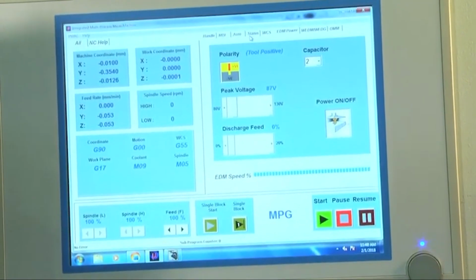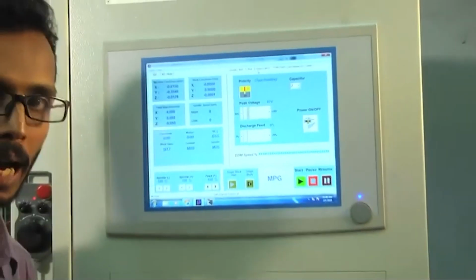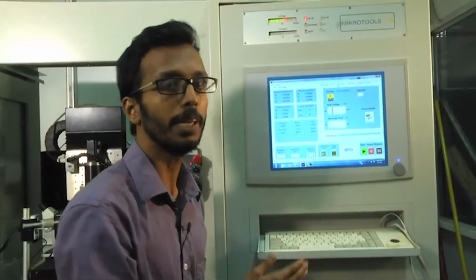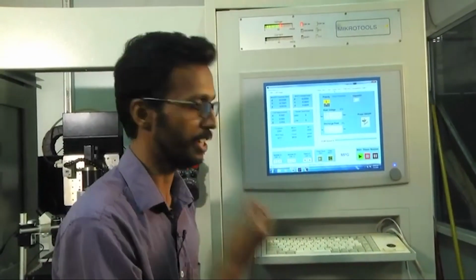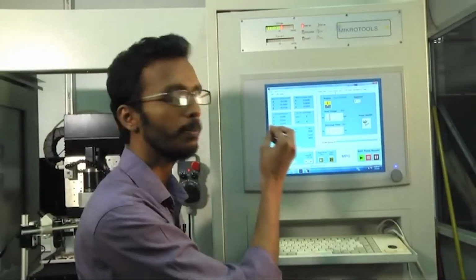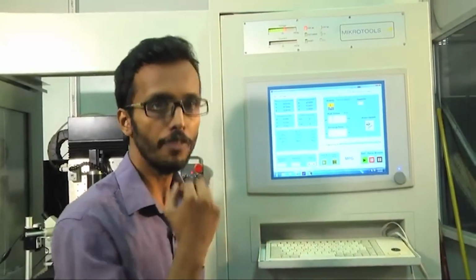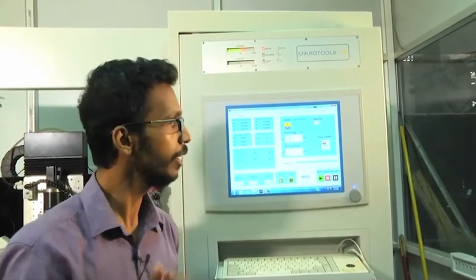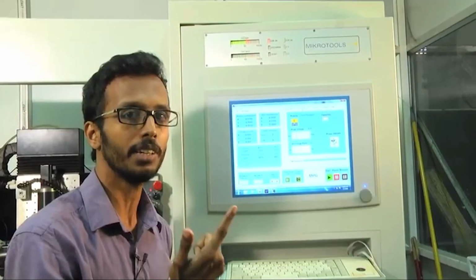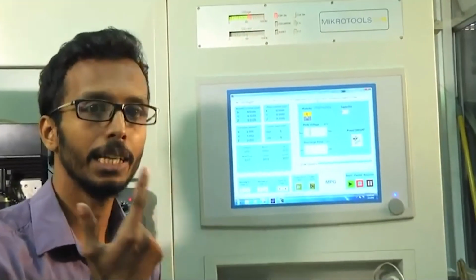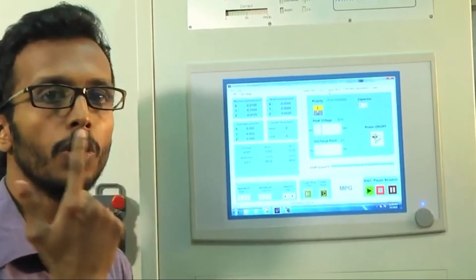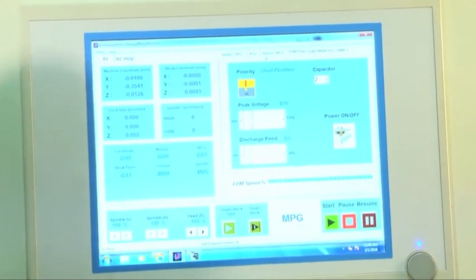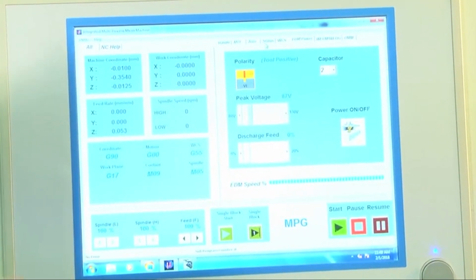So the first step will be finding out the optimum parameters for machining, and we are setting the machining parameters here in this window. After that, as you remember, the first step is to reduce the dimension of the EDM tool blank from 0.5 mm to 0.2 mm, that's 500 micron to 200 micron. So for that we have to